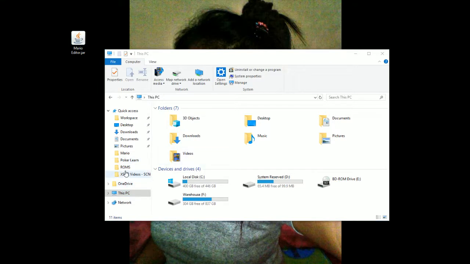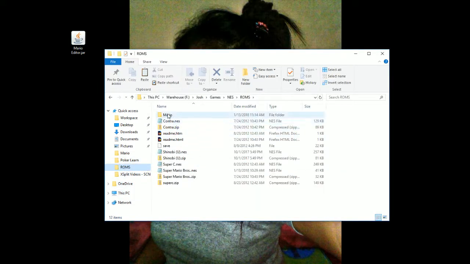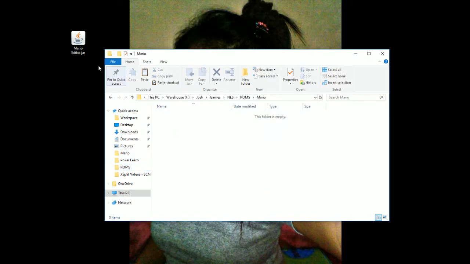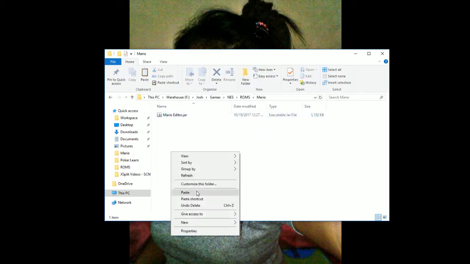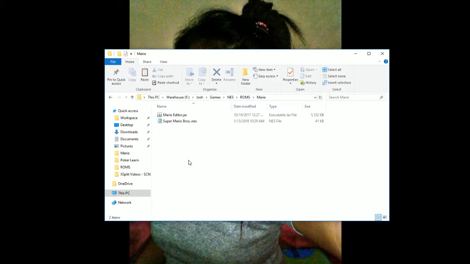Once you've downloaded it, navigate to your ROMs. You should create a separate folder to put this in. Put the jar in that folder. Then you'll want to make a copy of the original Mario Brothers NES ROM. Don't use the original. You don't want to mess it up. And then just paste a copy of the NES ROM into the same folder as your editor, and then run the editor. Double click it to run it,